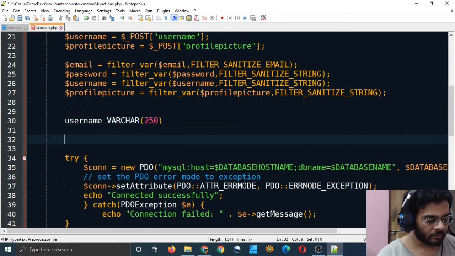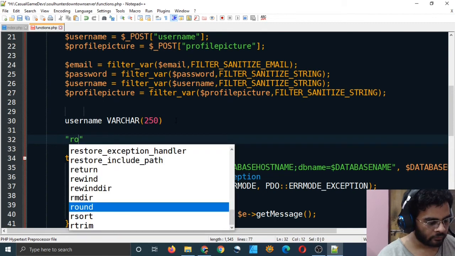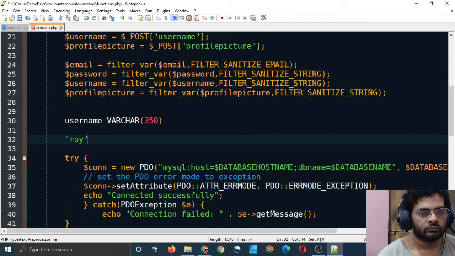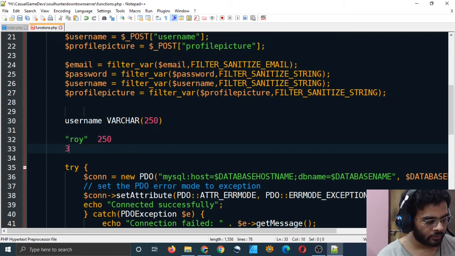If your username is just Roy, your variable will not occupy 250 bytes, it will only occupy 3 bytes in the memory.